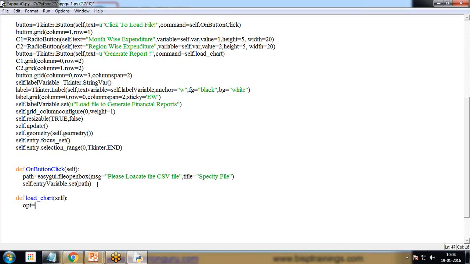The first thing I need is to get the selected value. So opt is equal to self dot where dot get. It will return the selected value, because you see we have set the values here. If the user selects the first radio button, the value will be set to 1. If the user selects the region wise expenditure radio button, self dot where dot value will be set to 2. So whatever value is there, it will be stored in this opt, and then we check if opt equal 1,